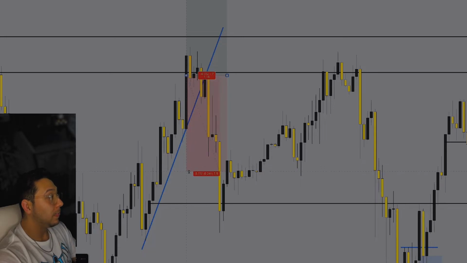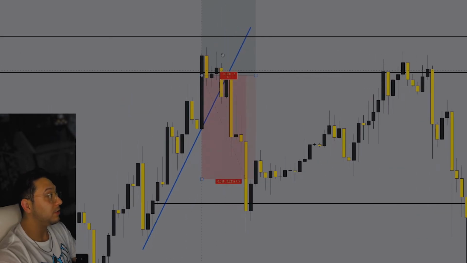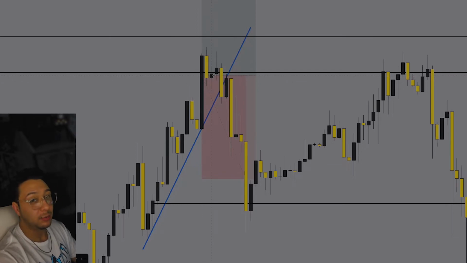right here. So as you can see in this uptrend, it's making higher highs and higher lows. Well, the trend changed when this lower high formed, right? It was a fake out. If the market was going to continue higher, and this is why you need to have a really strong understanding